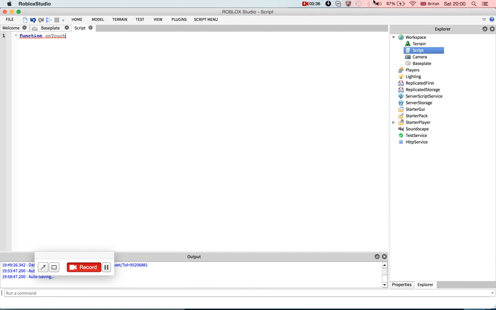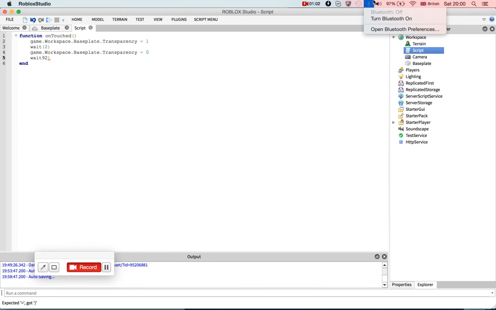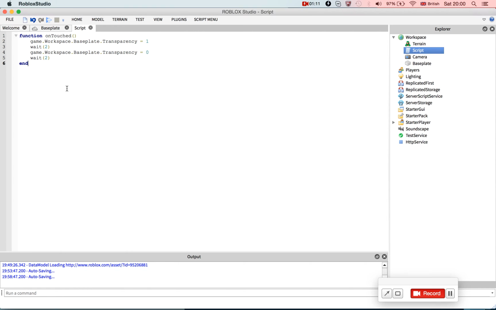onTouched. Then I'm just going to put in some code. Dot transparent. You don't have to copy what I'm doing right now. In fact, yeah, do. Wait 2, game.workspace.baseplate.transparency equals 0. Wait 2. Okay, and if you don't know what that does, just rewatch my last tutorials. That's fine. And so normally, what I would do was